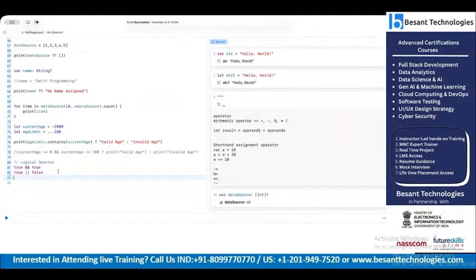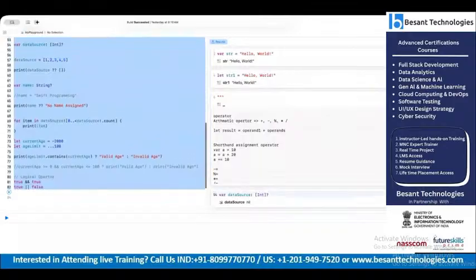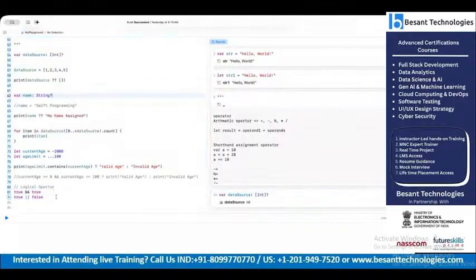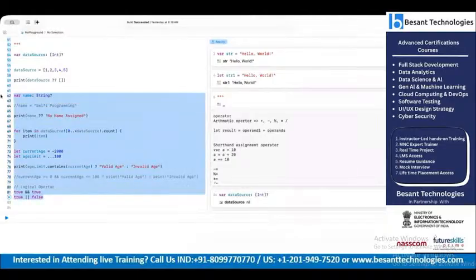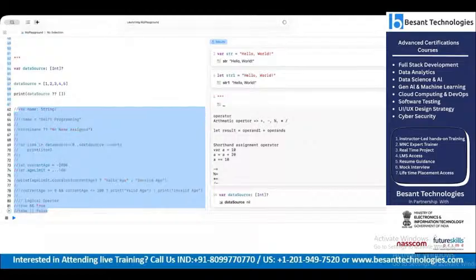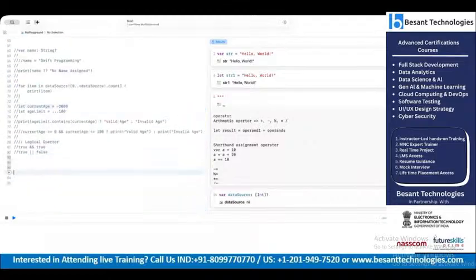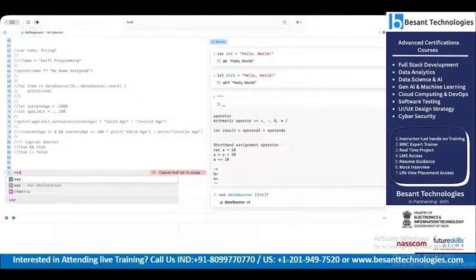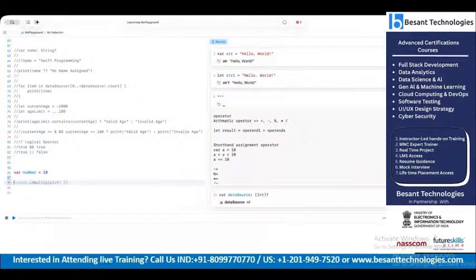But in case you want to assign the... my changes are visible, right? Yeah. If you already have the number, the value is 10, and we want to convert that number into string. Variable number string